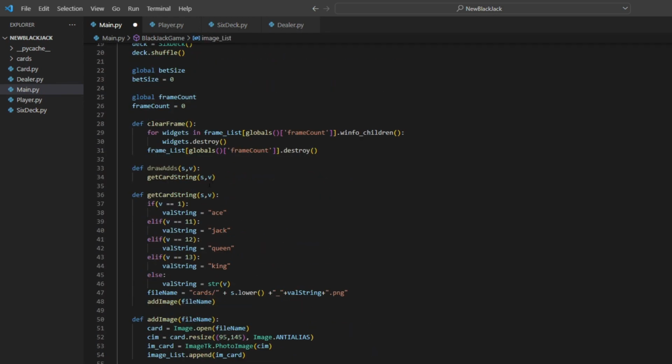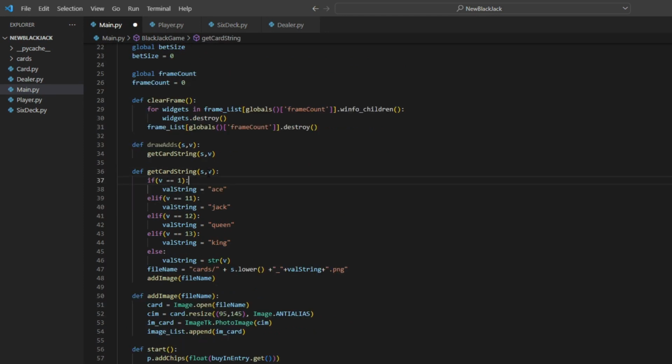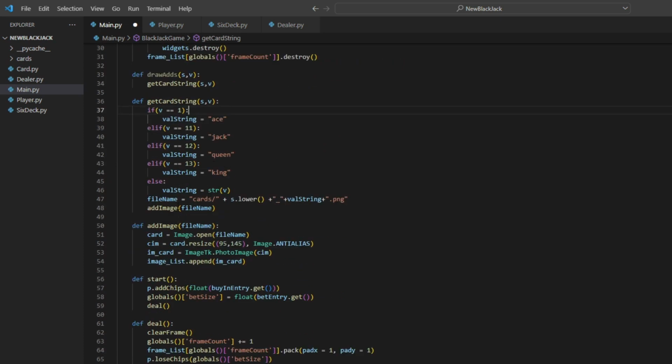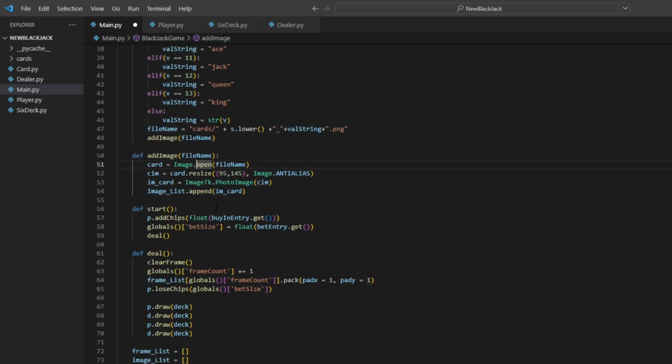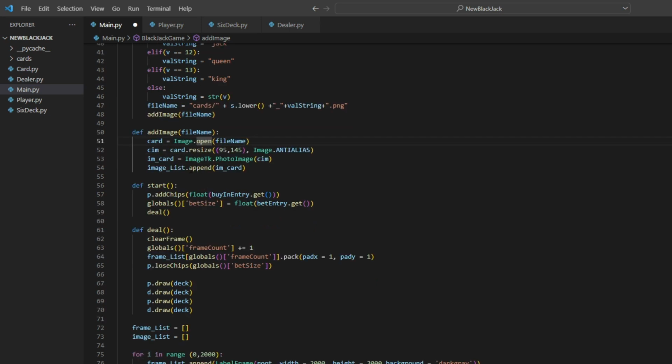Now to add to this, we want to create the function draw adds, where we will call get card string. Within get card string, we'll pass in a suit and a value, which will return the string of the location of the picture for the associated card that we just drew. Then we're going to call add image, and add image will do the same thing that we did for the icon photo. It will make the string into a Tkinter photo image, which we will